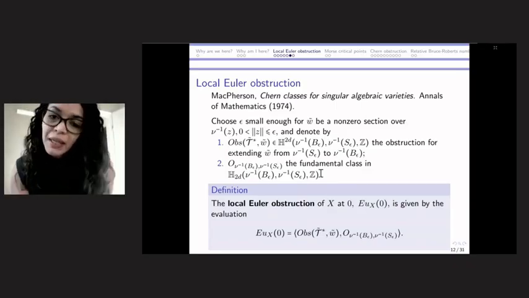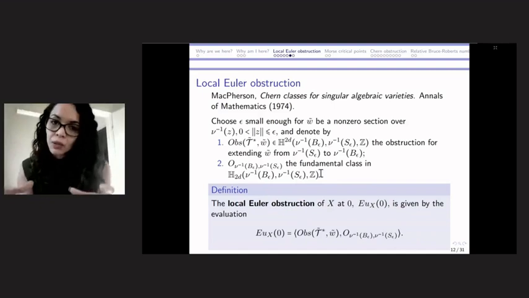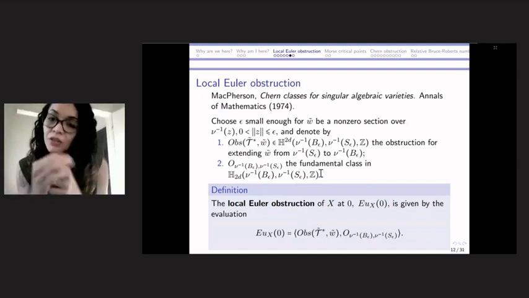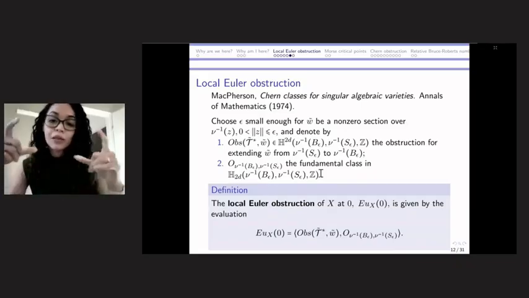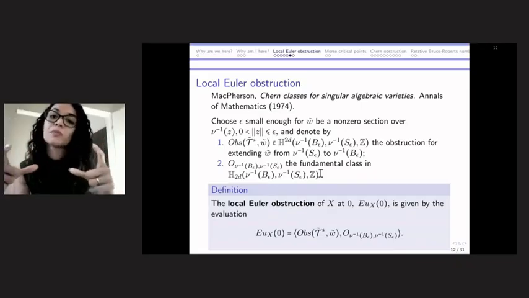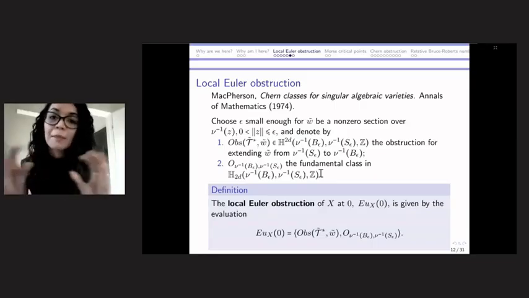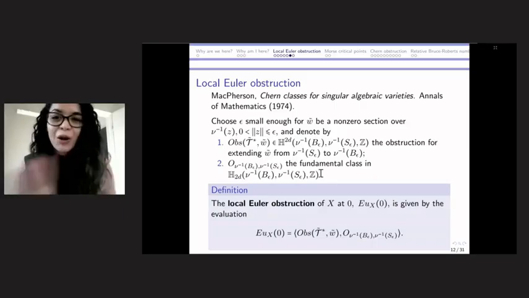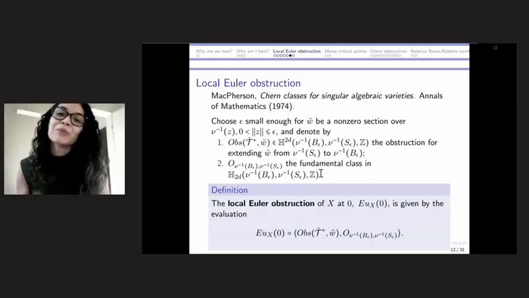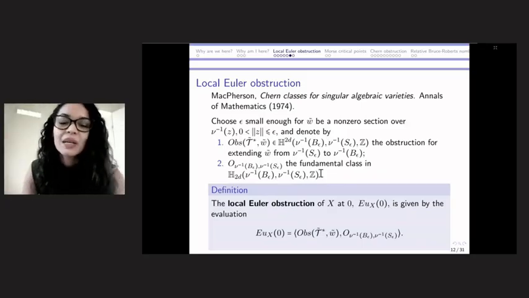So can we extend then omega tilde from the sphere into the ball without singularities? That is the question, because if you do have omega tilde to be non-zero on the sphere, you can extend it to the interior of the ball by putting zeros. Say that all the points in the interior are zero, but what we want is doing that without the zeros, all right? So this is the question.